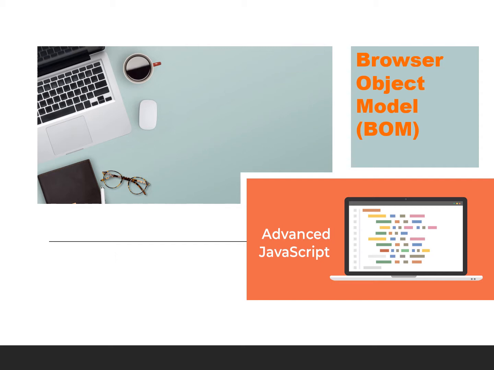Then, in addition to the window, objects like navigator, location, and history all support the corresponding browser's window object. We discussed the different types of methods available in each of the corresponding objects. Today we are moving on to the continuation of this browser object model.